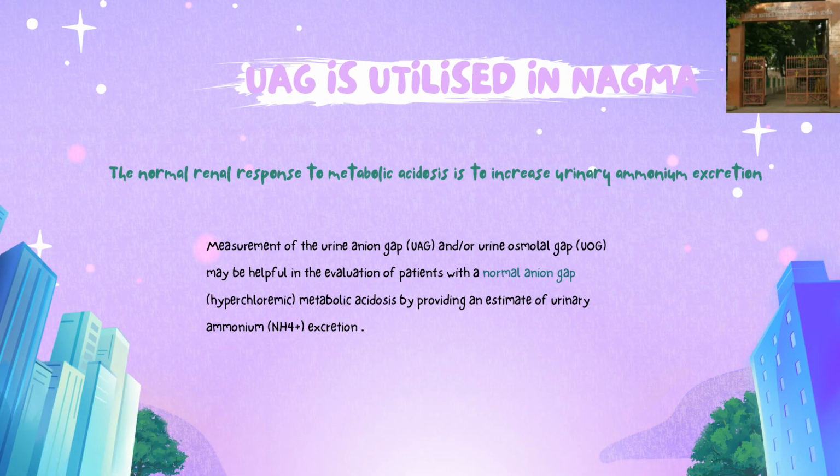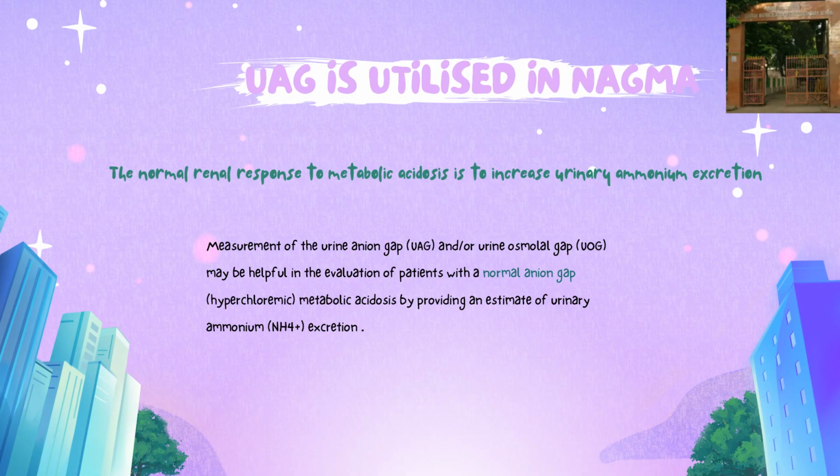I did make a statement saying that the renal tubular acidosis would always have a positive urinary anion gap. I'm going to see whether I could actually explain that a bit further. Before going into that, let's quickly revise that the normal response to a metabolic acidosis is to try and increase the urinary ammonium excretion, because the urinary ammonium excretion is urinary acid excretion, which is a urinary chloride excretion